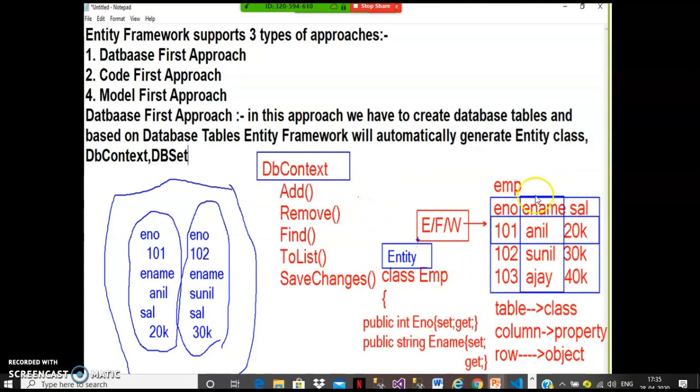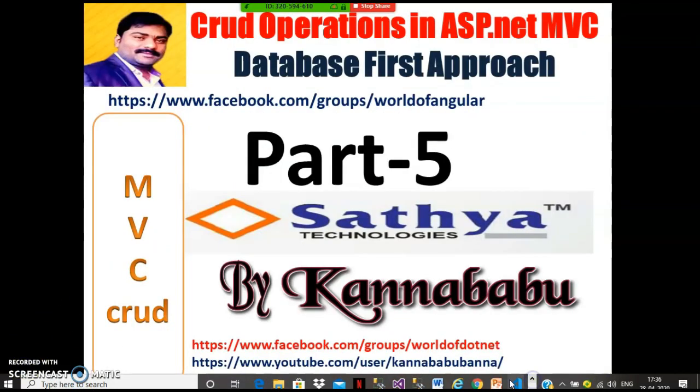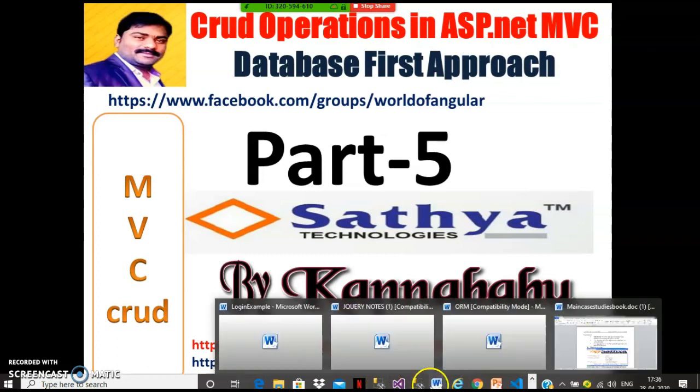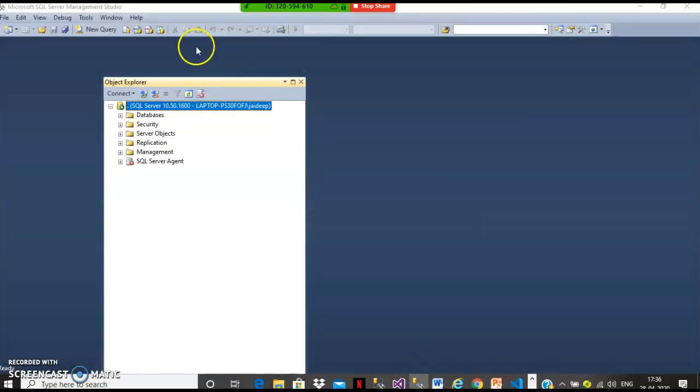Your job is just to create the table and then do some normal steps. Then automatically these classes are generated: entity class, DB context class and DB set. And then you must know how to fetch the data from the collection by using the ready-made methods given by the DB context class. Okay.